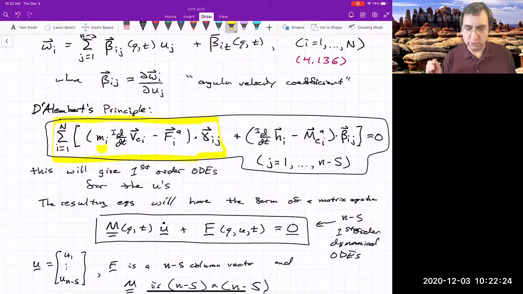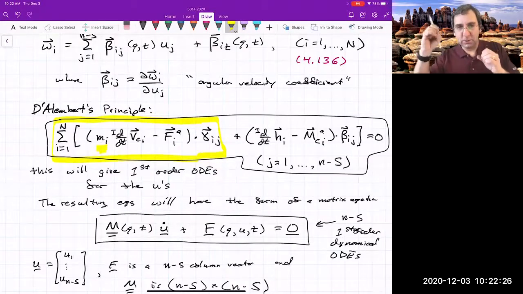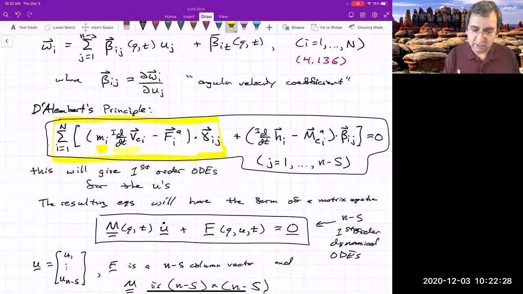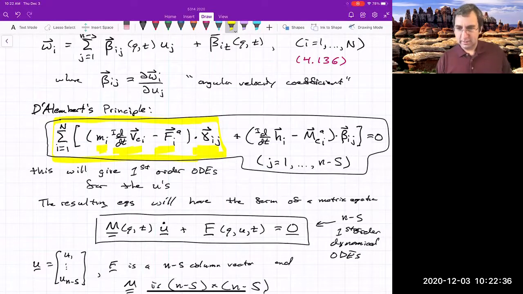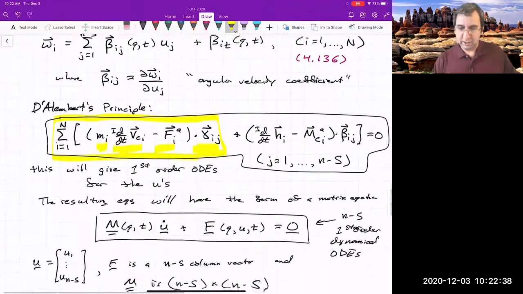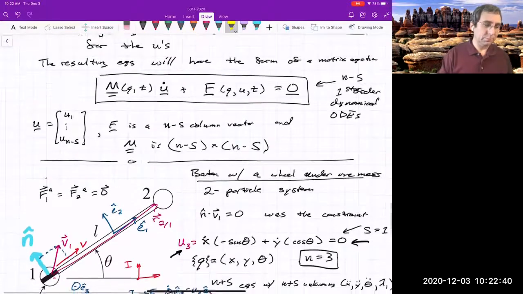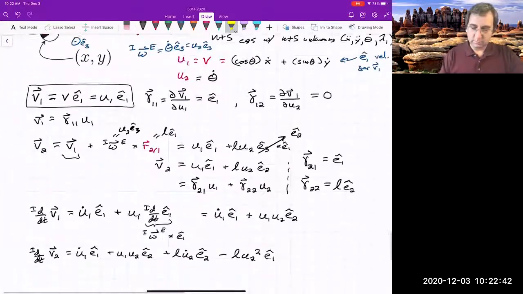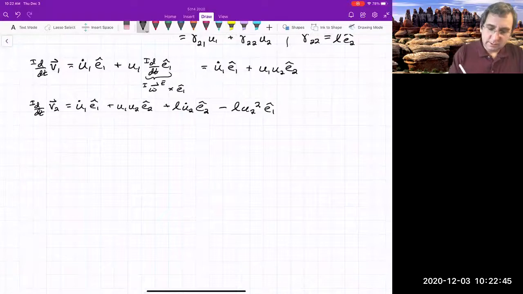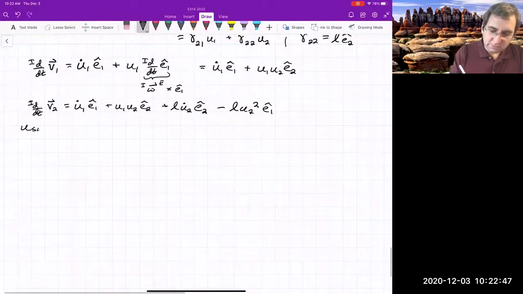Mass. Let's assume equal masses for the two. And then we've already taken this inertial derivative, and then this is 0. We just have to take the dot product with these velocity coefficients. So using D'Alembert's principle,